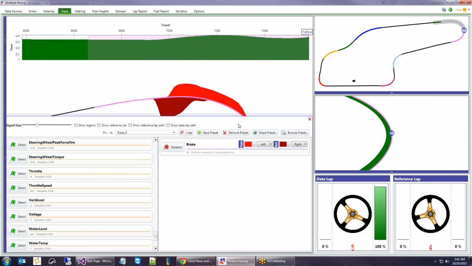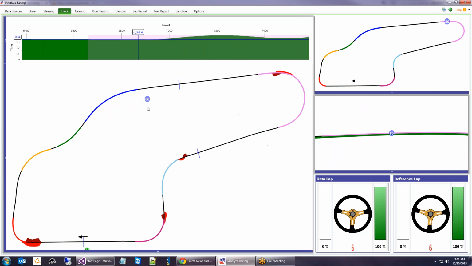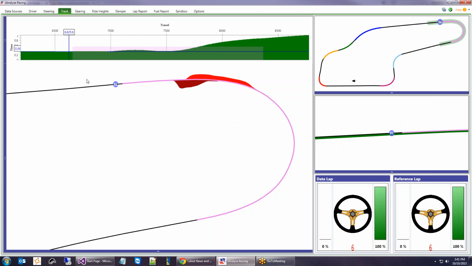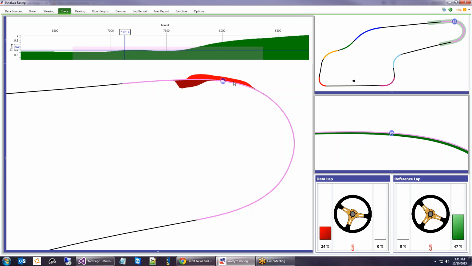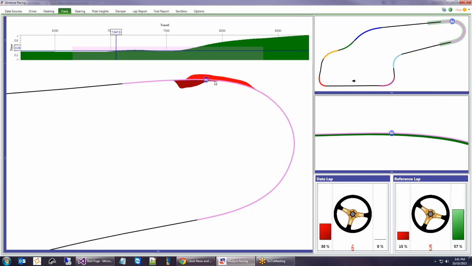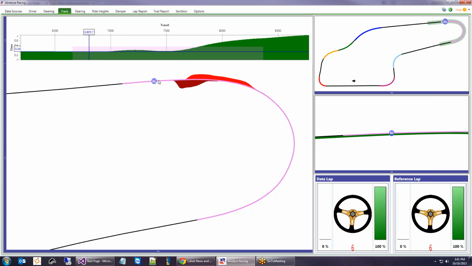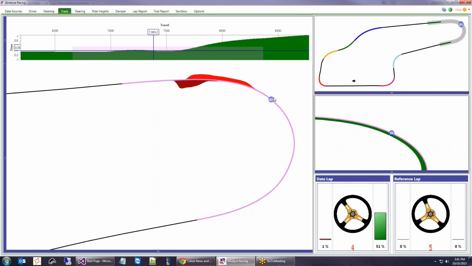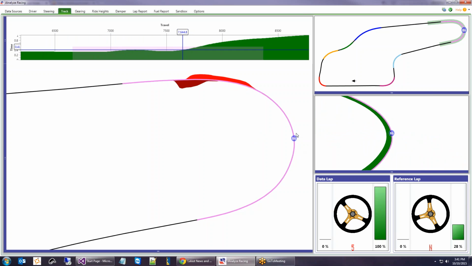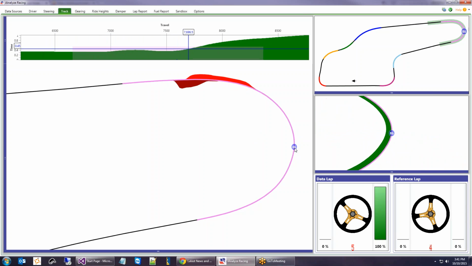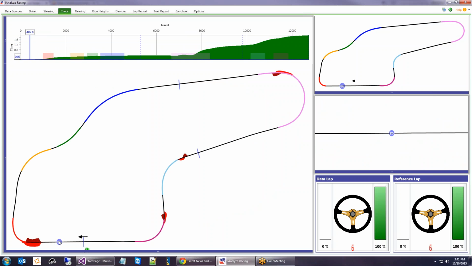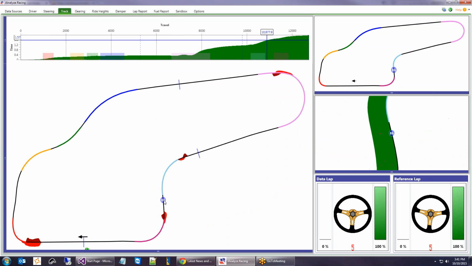And if we zoom out just a little and get the whole corner in here, you can see by comparing the two that the data lap was actually the fast way to do it, because it's gaining a whole bunch of time as we're going through here. You can kind of see it start to pick up, and it really translates to the mid corner here. Okay. And so I really think that this is a good way when you're looking for braking points and looking for